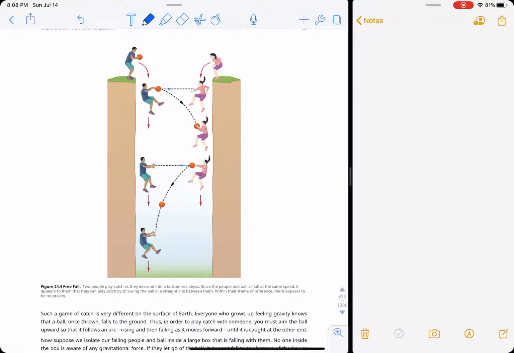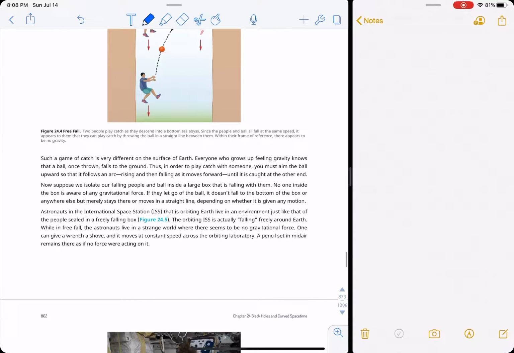And what this is trying to show you is, if these two people jumped at the same time, they would fall at the same rate. From their perspectives, they would toss the ball back and forth. They wouldn't be able to tell that they're falling, because from their perspective, they'd be able to play catch just the same, because they're moving down at the same speed the ball is. So this is a confusing diagram. But from their perspective, the ball goes back and forth. From our perspective, it makes this curved path because it's falling too. So this is just, again, this equivalence principle.